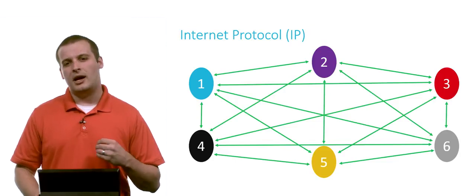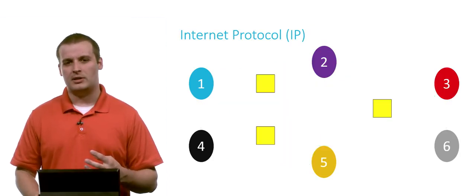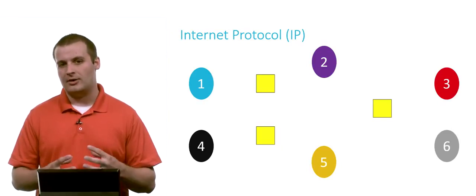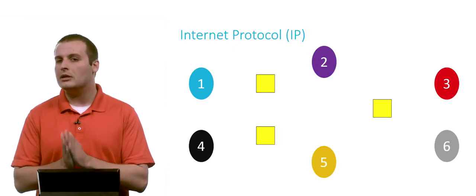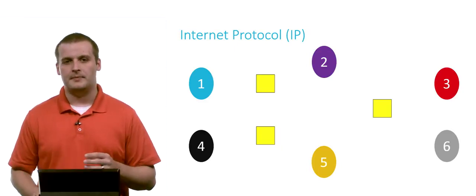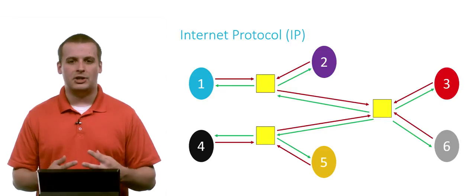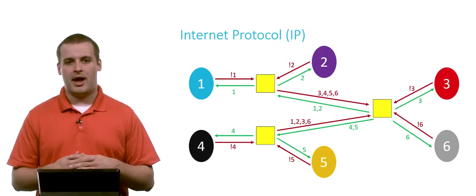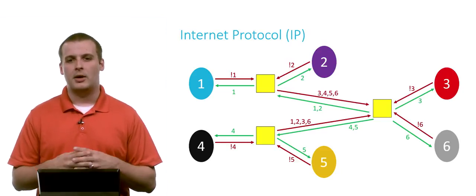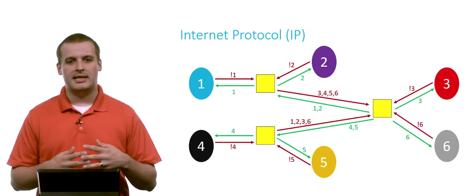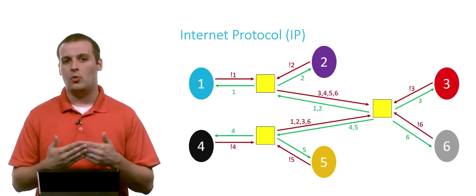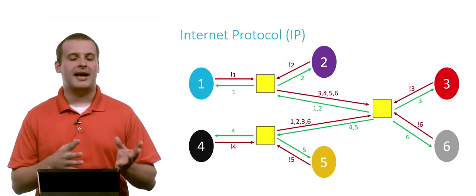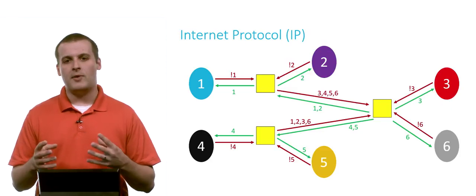So let's instead adopt this model where we get rid of all the wires between the networks, and we add routers. These yellow boxes represent routers, and their job is to move information generally closer to where it's supposed to go. And maybe these are the connections that these networks have, and maybe these are the tables that are built into the router. If we just start by looking at network 1, for example, basically what it says is, if I ever see an address that doesn't start with a 1, that's what the exclamation point 1, or the bang 1, there means, I'm going to pass it off to a router. And from there, the router can make a decision.